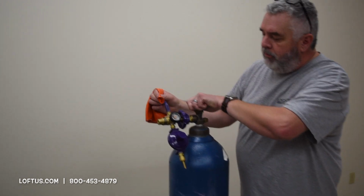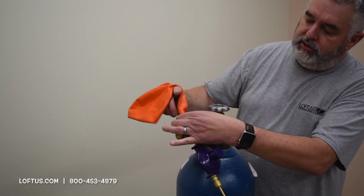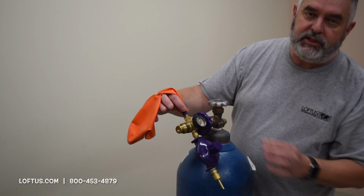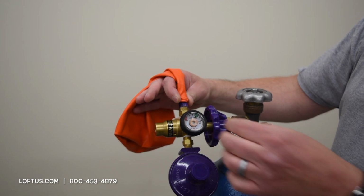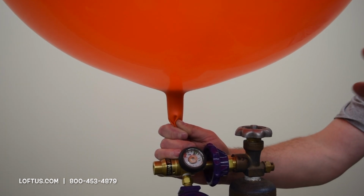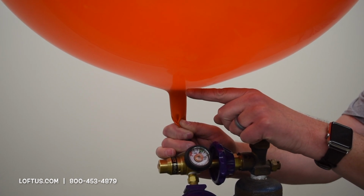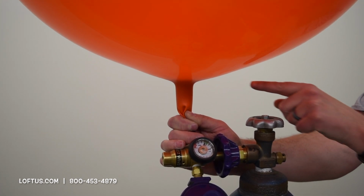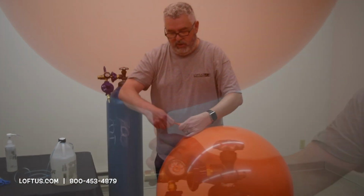Now I'll take my 3-foot balloon and put it on the tilt valve at the top. What I'll usually do is wrap that neck around just to make sure it's got a nice seal. And then I'll start inflating it. On the bottom, when the balloon is nearly totally inflated, it will have a little bulge at the bottom that gives me an idea of where I want to stop with this 3-footer. At that point, I'll tie off the